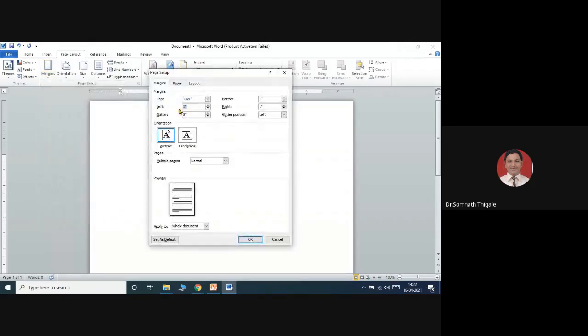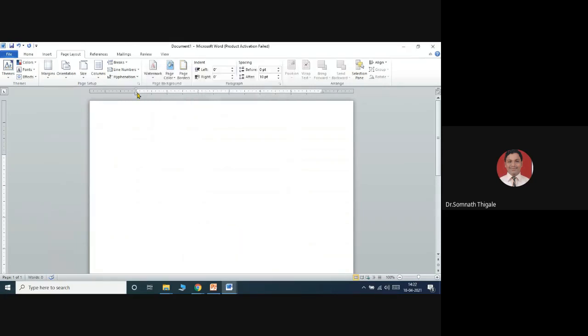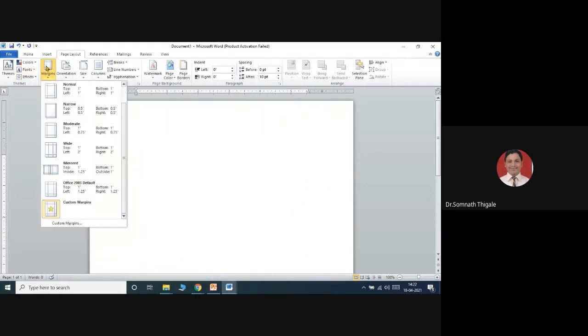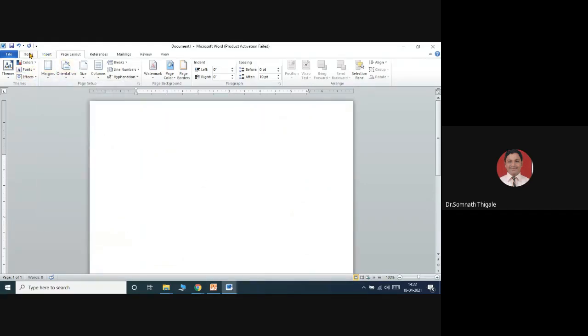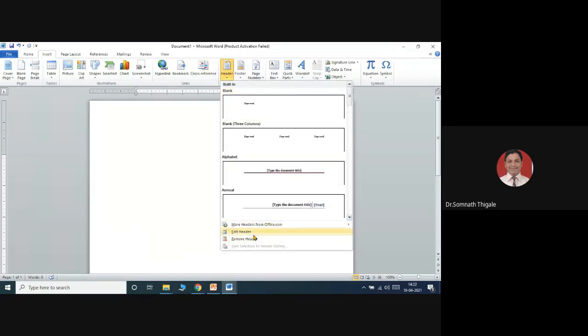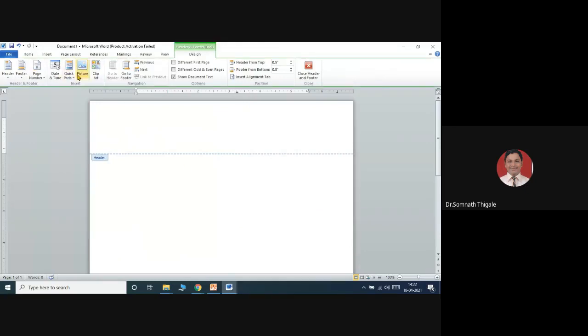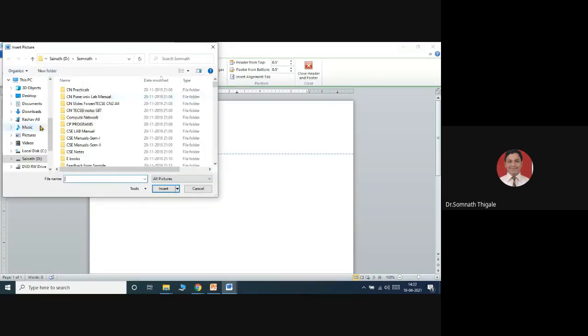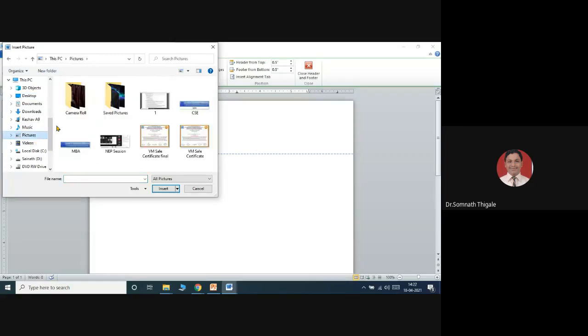Left side, again I will make it 1.5. Say 1.5. See here, this part. Again if you want to change the left side, you can change it. Okay. Now inside this I want to add, as I rightly said, I want to just prepare the letterhead. So I will add my header here, custom edit header, and I will add a quick picture over here as a part of a letterhead. So select this,